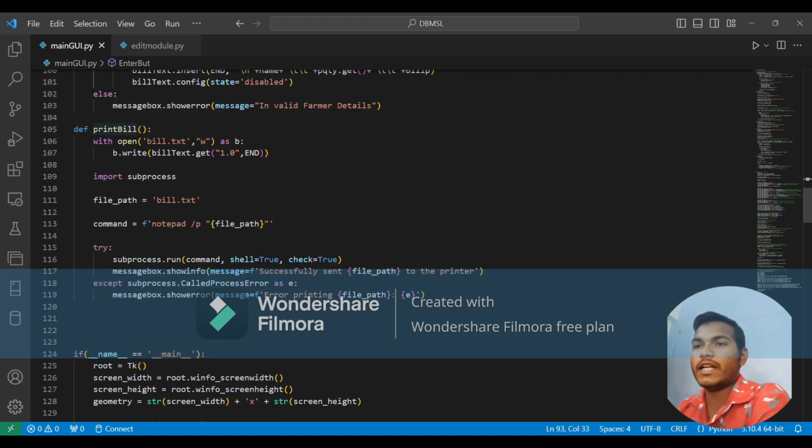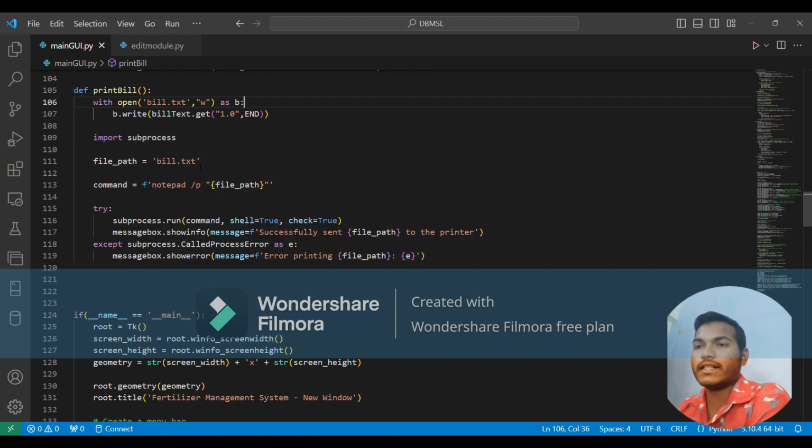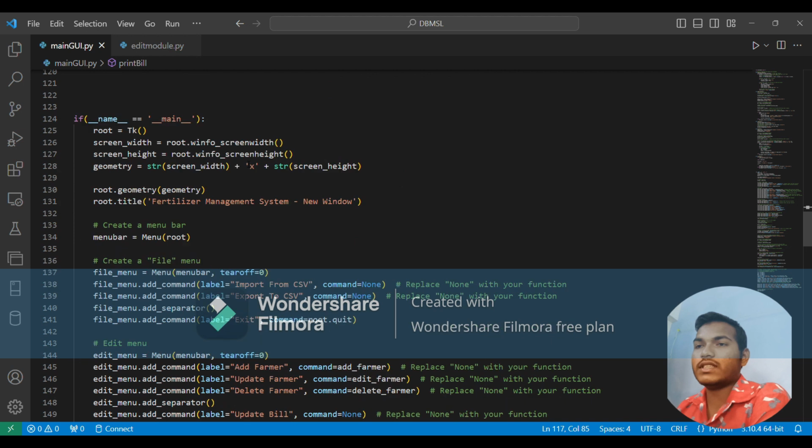And here the function name is print bill. The print bill function is going to print, or basically pass, the text file to the hardware of our printer. This job is done by the module called subprocess, and here we need to pass the directory of our bill or text file. My text file is in the current directory, so I only need to pass the file name. So this is the command to pass, and here I am doing the exception handling. If the file exists, then I am going to do this, and if the file does not exist, then I am showing the error: error in the printing file.